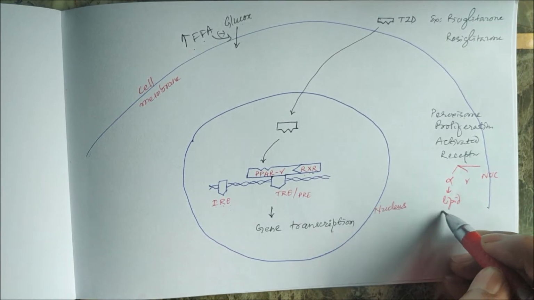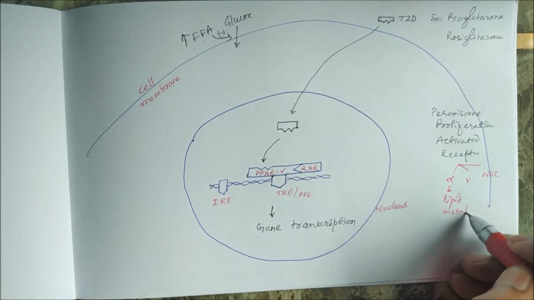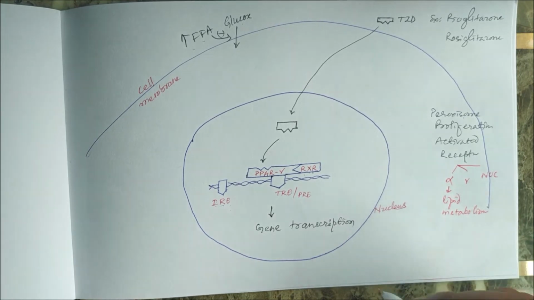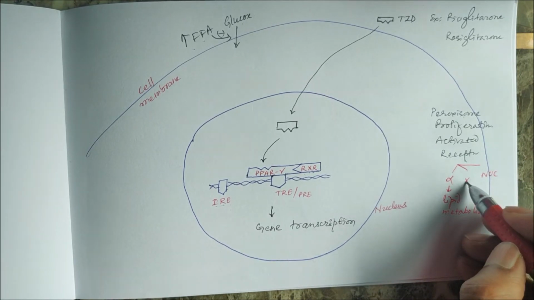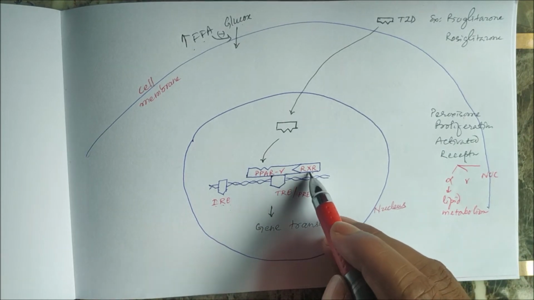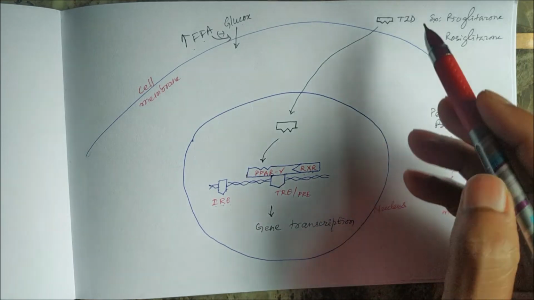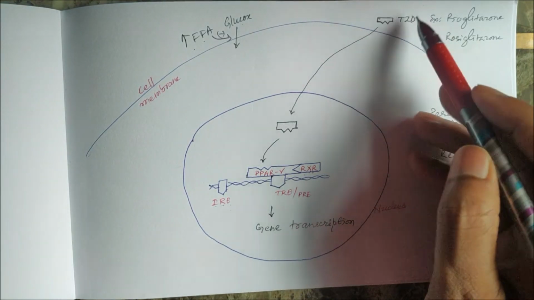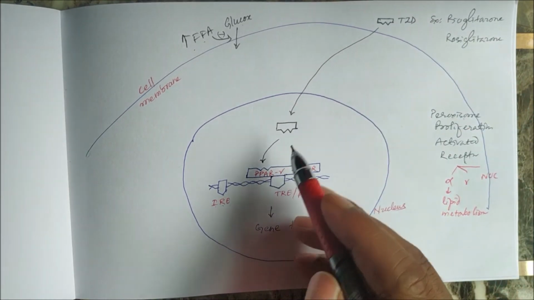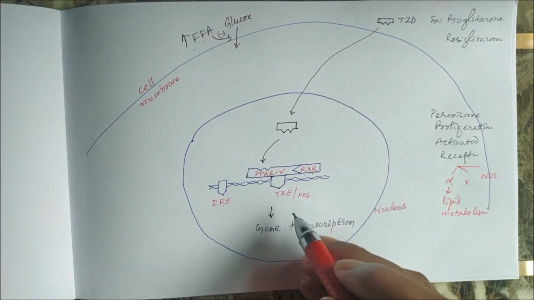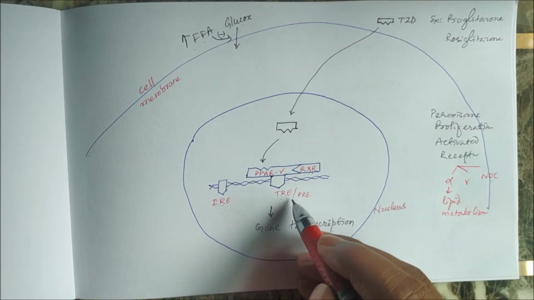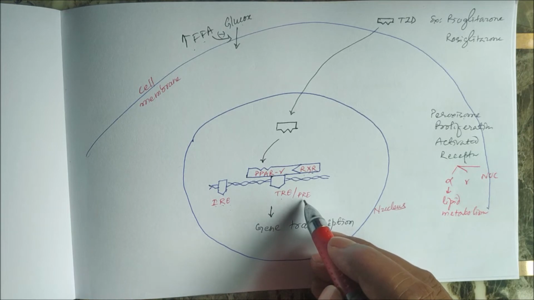Alpha is involved in your lipid metabolism. So drugs like fibrates are the PPAR alpha agonists, which are used in hyperlipidemia, and PPAR gamma agonists are antidiabetic drugs. This is a nuclear receptor linked to the retinoic acid receptor. So the thiazolidinediones, pioglitazone and rosiglitazone, act as agonists on this receptor. When they bind to this receptor, there will be an activation of these thiazolidinedione response elements or PPAR response elements,